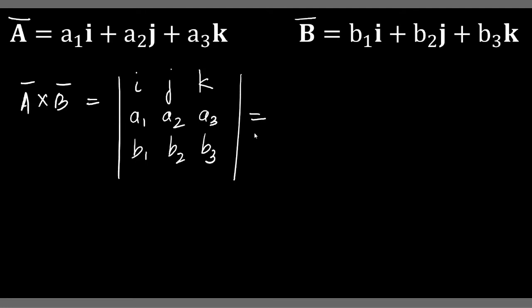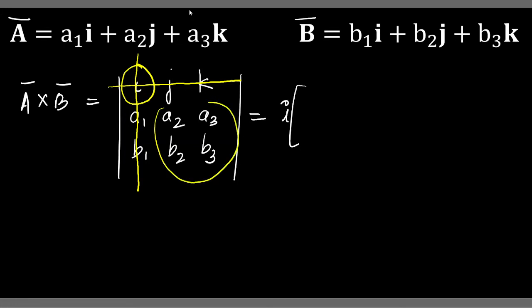Now how do we do that? In order to get the I component, you write the I, you open a bracket. This is going to be the component. I'm going to change color just to show this. If you're choosing the I component, delete the row and the column in which the I component is there. So I've deleted the row now, and I deleted the column also. Now look at what is remaining here.